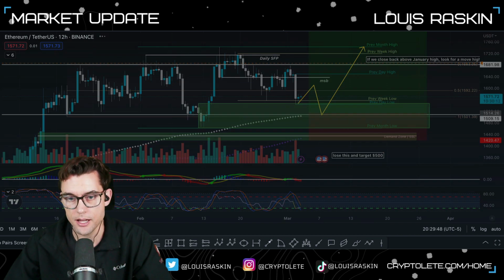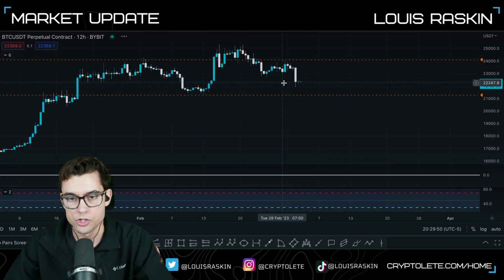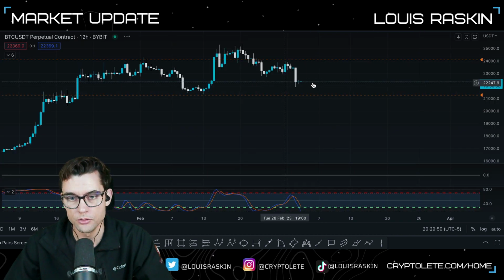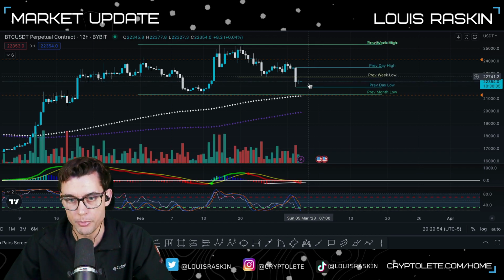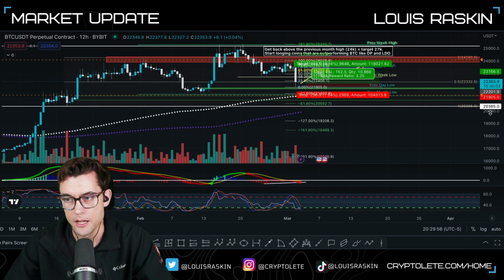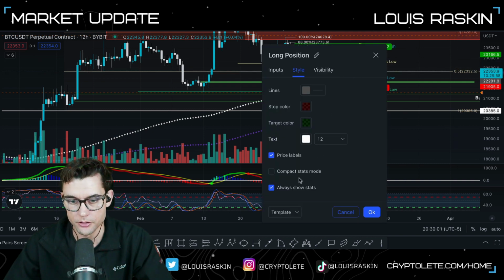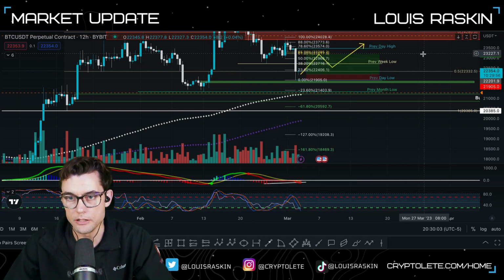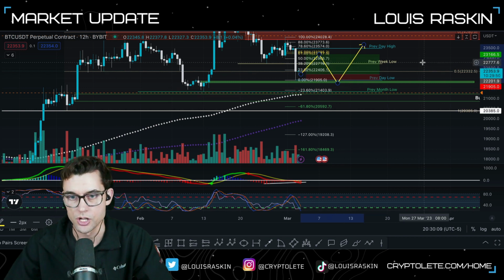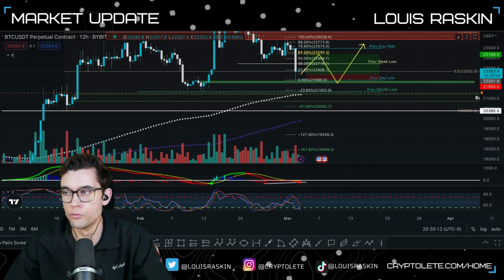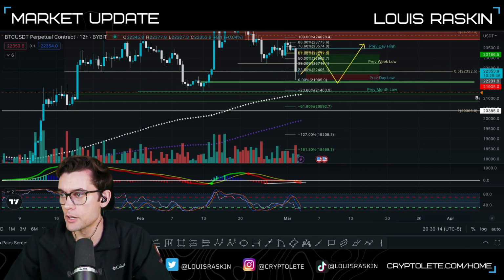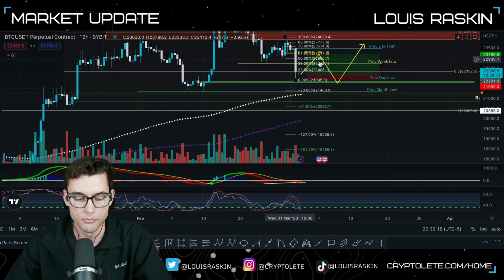So just a heads up for this Bitcoin chart right here, even though this says that it's going to go up and then come back down and make a higher low. Let me get this off of here real quick. There you go. Even though this says that it's going to make a higher low, this might actually come back down here, and it might also do this. So you don't really know. Let me just copy this chart and put this in the Discord group.